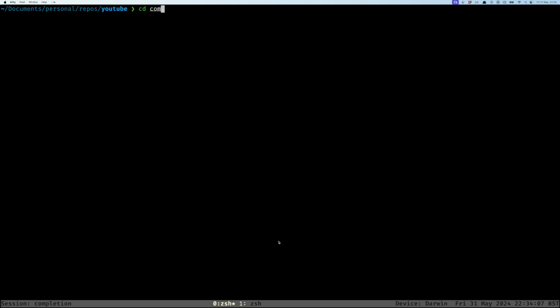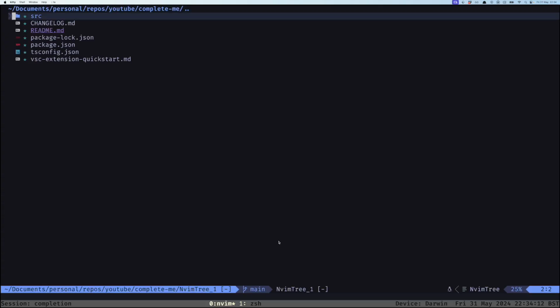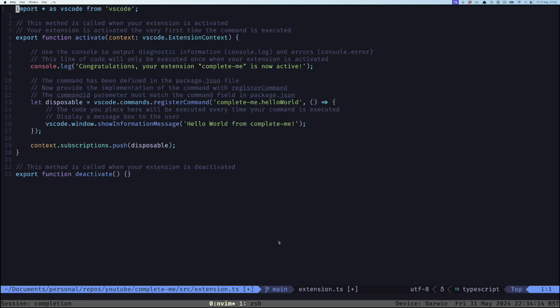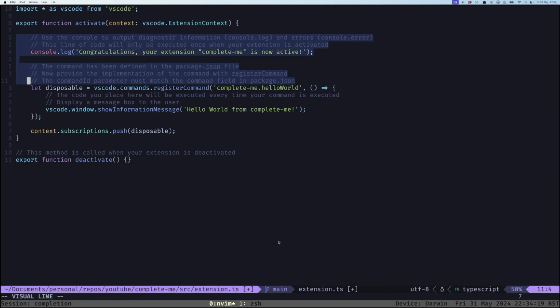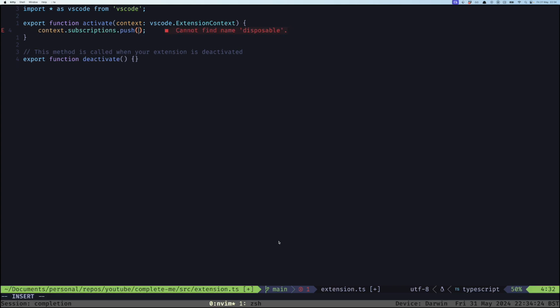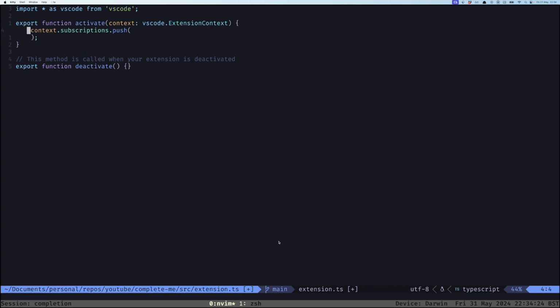So we're going to go to the complete me directory and open the file. The main file where the extension code lives is extension.js. We'll remove all these comments so that we have a clean slate to work with, and we'll add our completion code inside the context.subscriptions.push. So here we have to use vscode